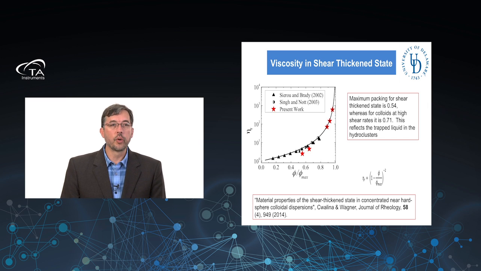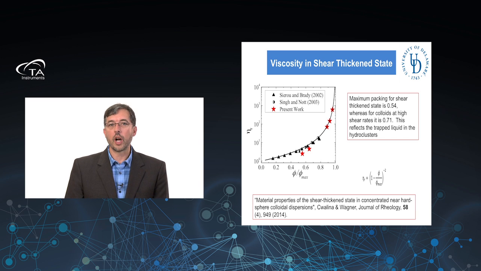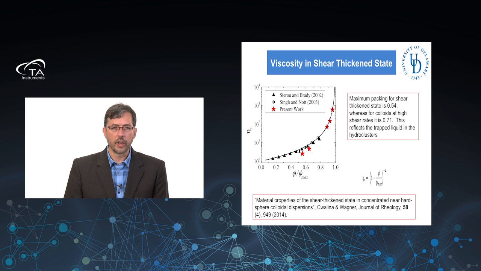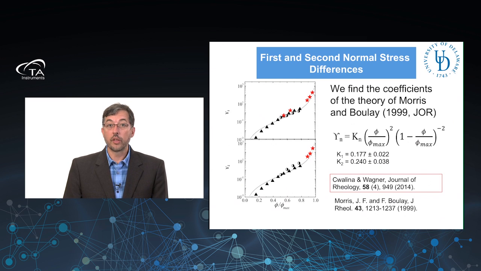Now, for reference, I've shown you what we think to be the most relevant data from Singh and Nott experimental data on a non-colloidal suspension. Those are the half-filled symbols. And the black triangles are simulations of a non-Brownian system, okay, by Sierou and Brady. And you can see that our data lines up with their data and lines up with the correlation line shown, the equation on the lower right, that describes that reasonably well. And that's been published by a student of mine, Colin Solomonian, and myself in the Journal of Rheology just earlier this year. We could take then theories for colloidal, non-colloidal suspensions, such as that of Morris and Boulay, scaling laws,